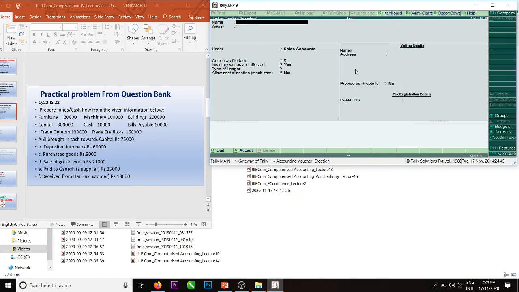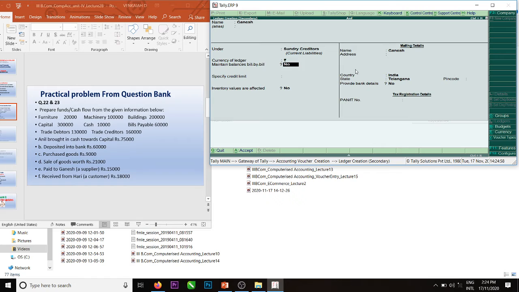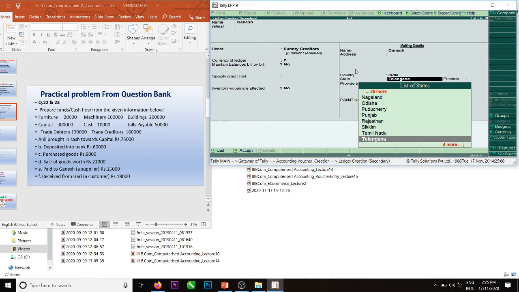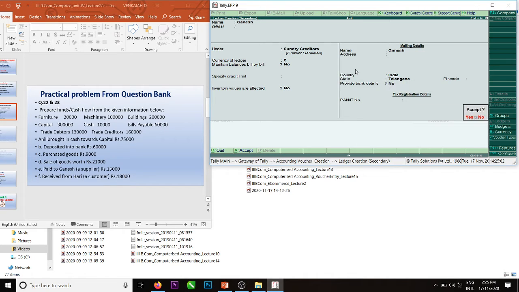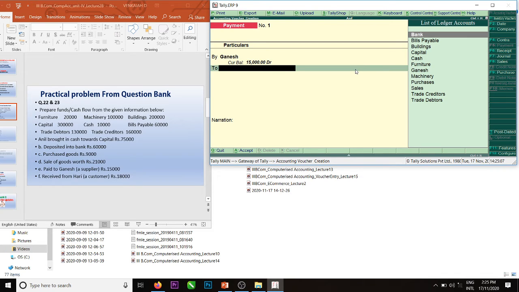Alt C, Ganesh, under sundry creditors. Ganesh account debit to cash, amount.